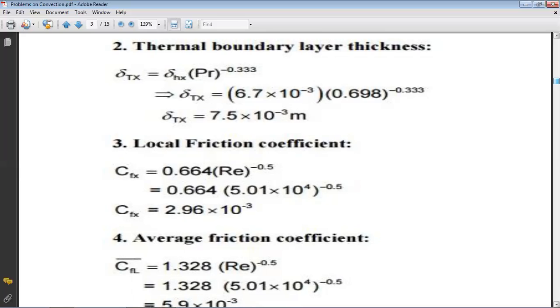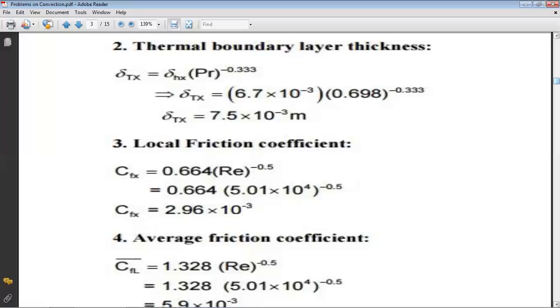Now here again you need to use the Reynolds number that you have calculated. If you substitute the values, you will have local friction coefficient as 2.96 into 10 raised to minus